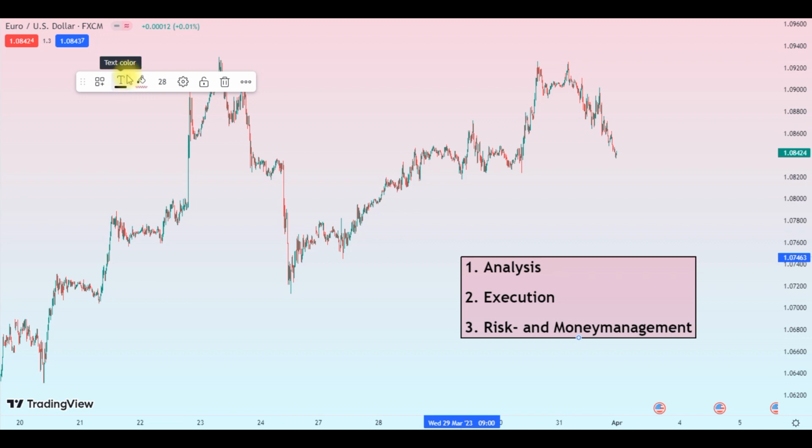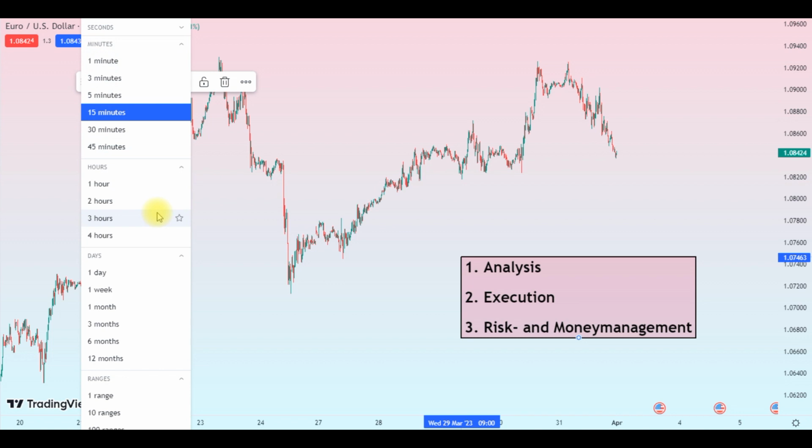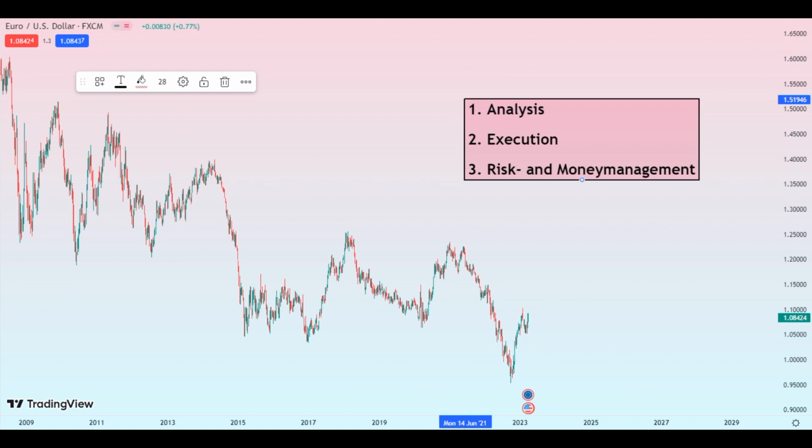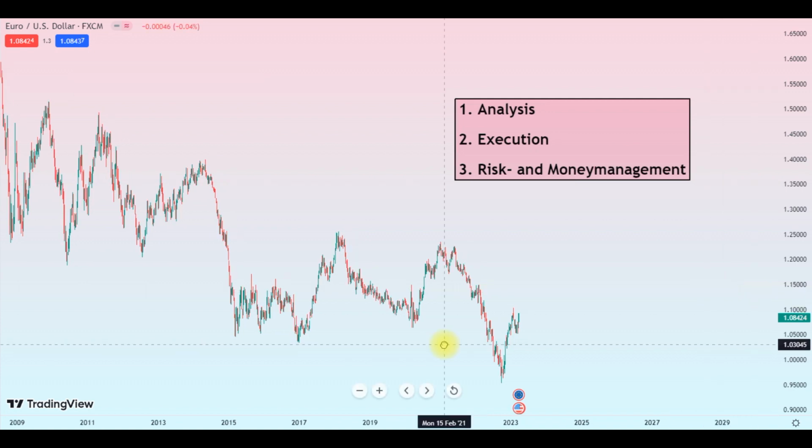So let's have a look at the underlying trend. For that, we will go to a high time frame. We can go to the weekly time frame. We will start out with the top-down analysis. So we're going to have a look at multiple time frames. If you want to know more in detail about it, go to my multi-time frame video here on YouTube as well. But we're going to start at the weekly time frame now, and you see that the underlying trend is long